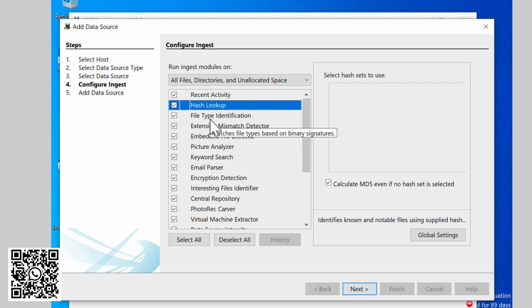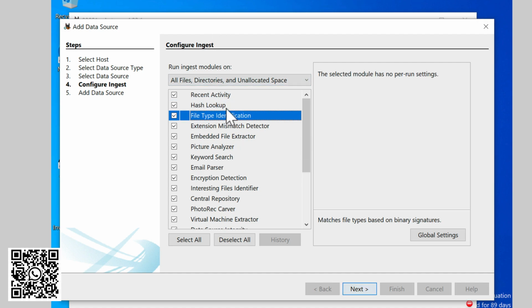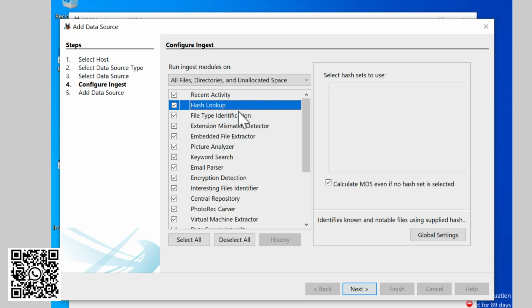The second option is called hash value. This will basically calculate the MD5 hashes of all the files and search for the hash values according to the database. So this is really helpful. If you have the hash value, you can submit the data to the court and present it in the report that you find the certain hash value.